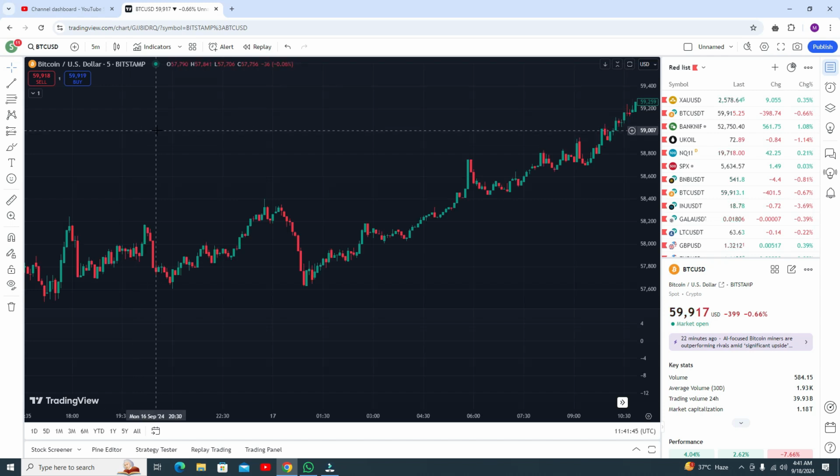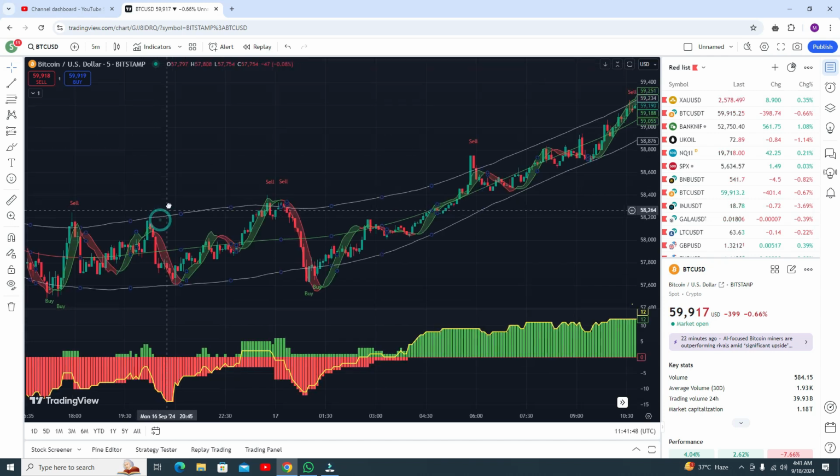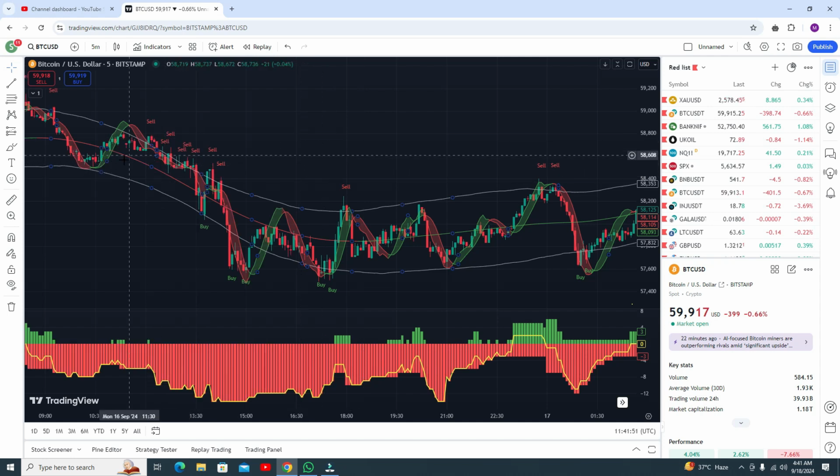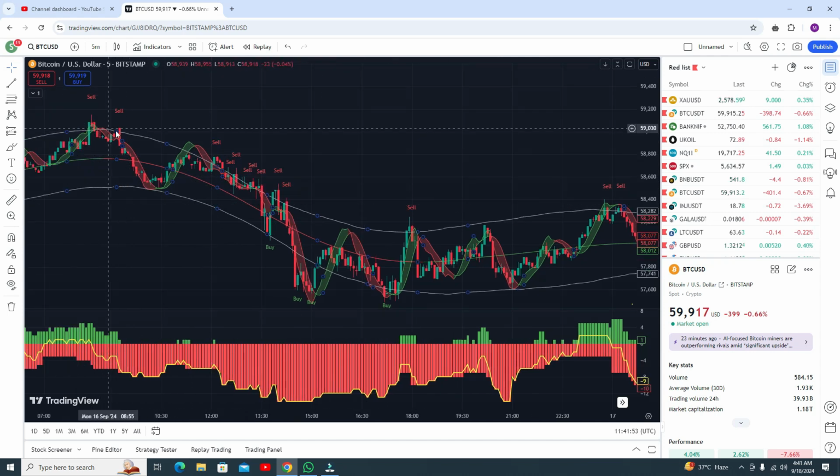Okay, we are around here, we are discussing that point. At this point you can see the RSI is almost touching the upper band line or above the upper band line. You are getting the sell signal as well. The first condition, you need to watch the RSI should be above the upper band line, or at least very close to the upper band line. And the second condition, you must get the sell signal. The third condition, the yellow line must be below the 0 point.